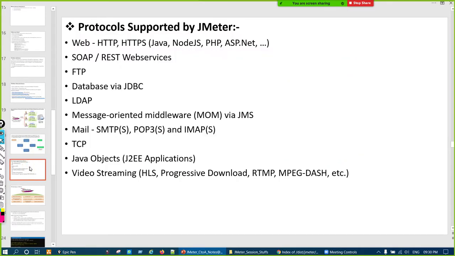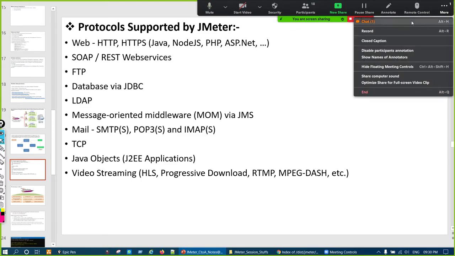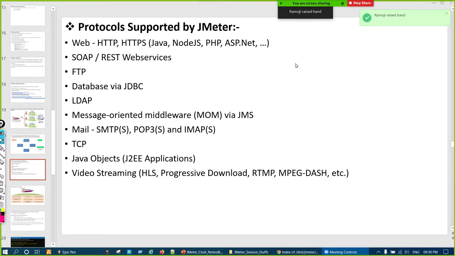Now, a question here about protocols supported. Yogesh asks what type of scripting. I cannot say the type, Yogesh, but like how in automation we write some code and then we launch the browser, and that browser does the same thing.